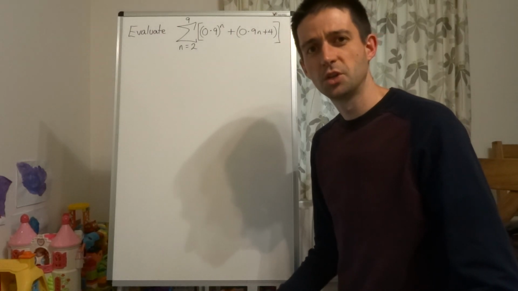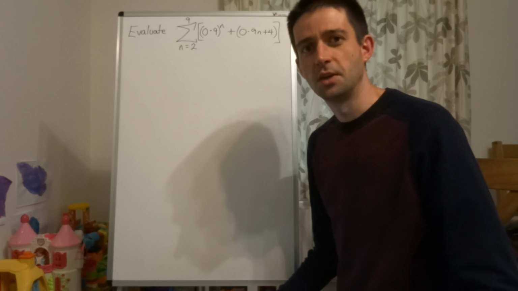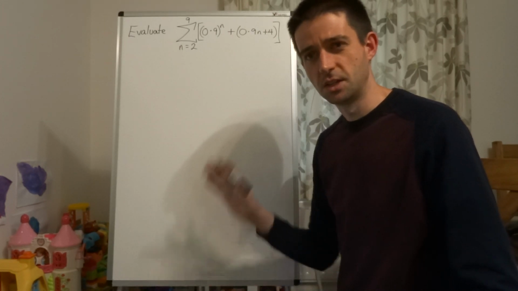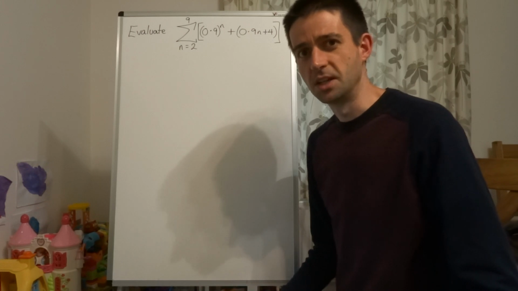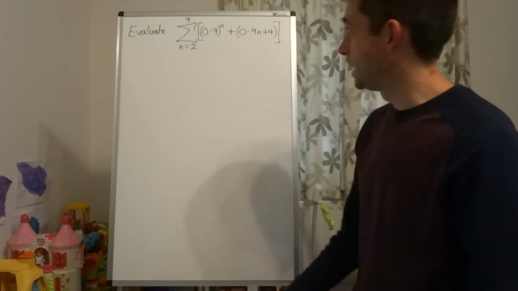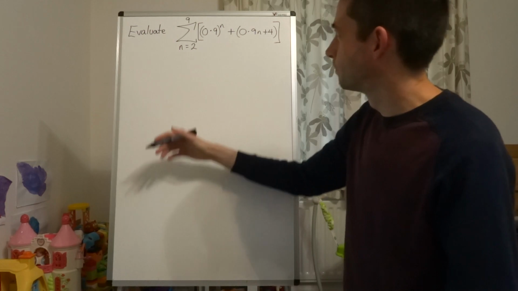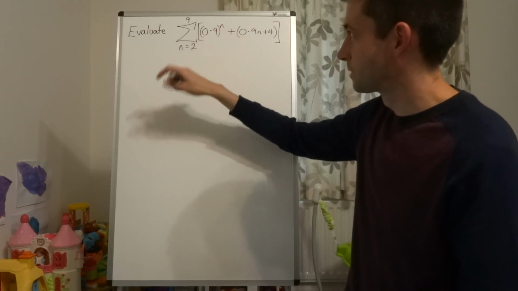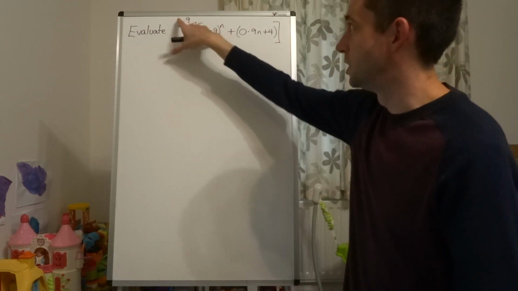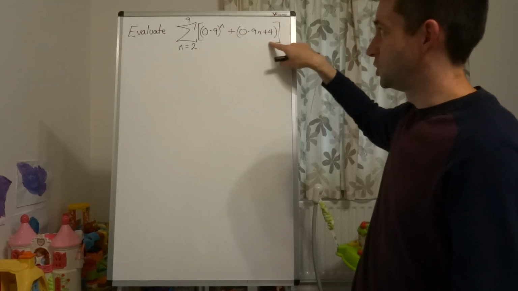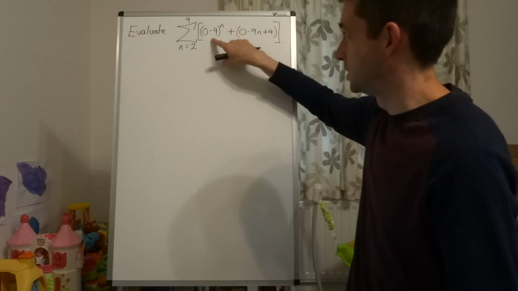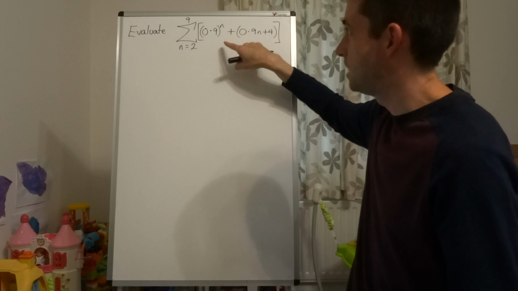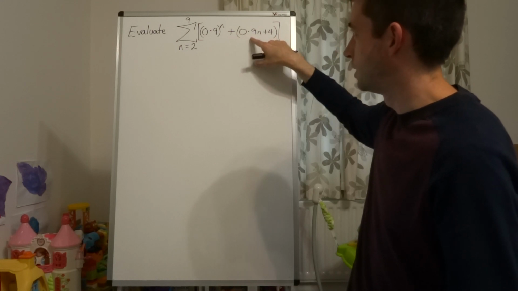This is part 2 of the third lesson on geometric sequences, looking at sigma notation, and this is a significantly more complicated example. So here we have evaluate, again work out the sum, sigma the sum, n equals 2 to 9, and then this here is the rule for the sequence: 0.9 to the power of n